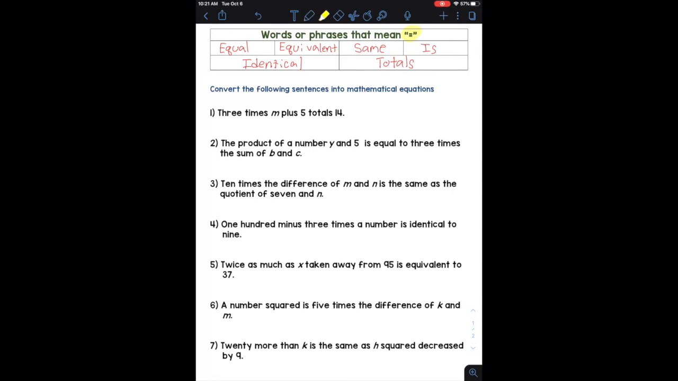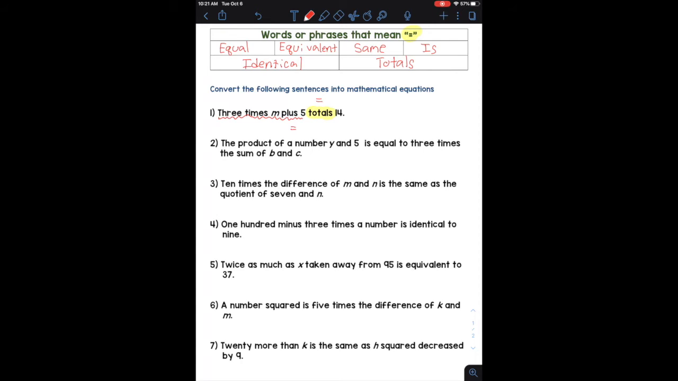3 times m plus 5 totals 14. What word in that sentence would represent the equal sign? In this case, that would be the word totals. So what I advise you guys to do is either underline or circle it and write a little equal sign above the word totals. Everything to the left of that word will go to the left of the equal sign